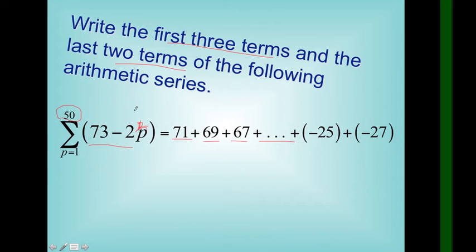So for the last two terms, our last two terms are 49 and 50. Those are the last nth terms that we have. So for 49, if we replace p with 49, that will become 2 times 49, so 98. Meaning to say, 73 minus